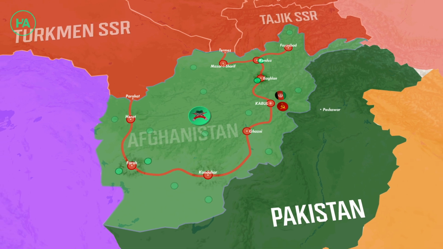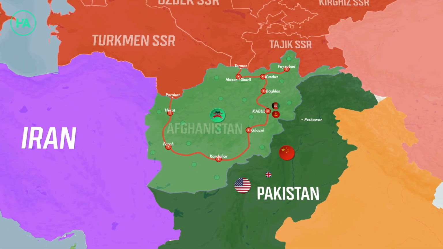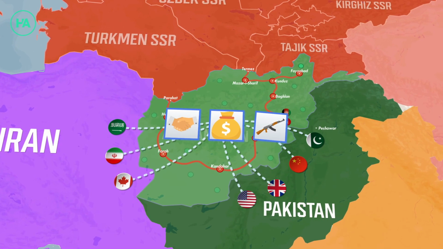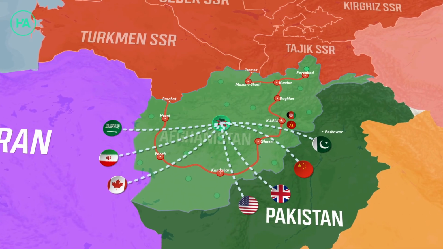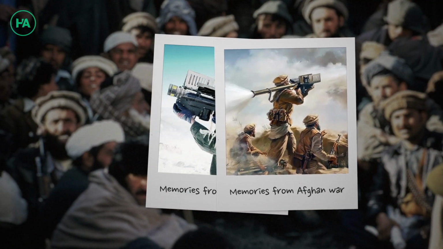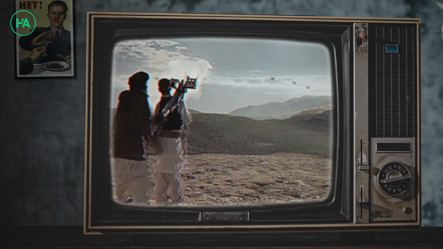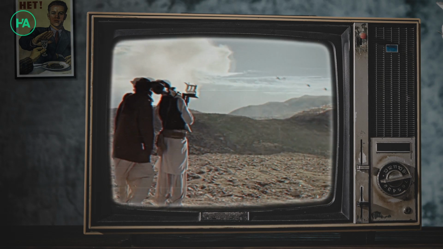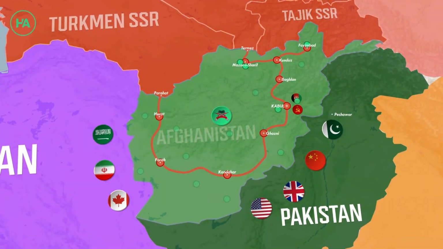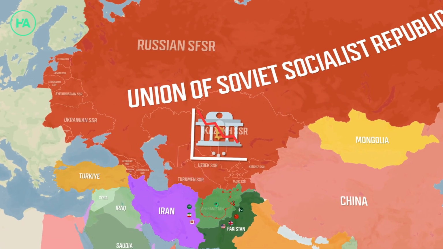Of course, the rebel warriors are not alone in this matter. The USA, China, Britain, Pakistan, and other foreign countries provided them with political, material, and military resources. Especially in 1986, the appearance of the American Stinger weapon among the Mujahideen changed the tide of the war. Stingers made it possible to shoot down the Soviet Air Force with ease. Such a prolonged and costly war would derail the economy of the Soviet Union.